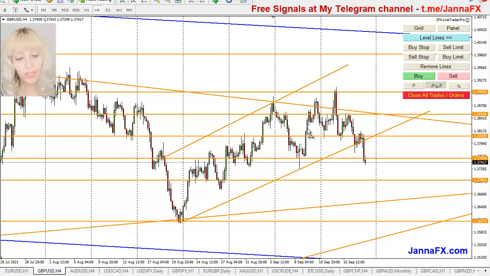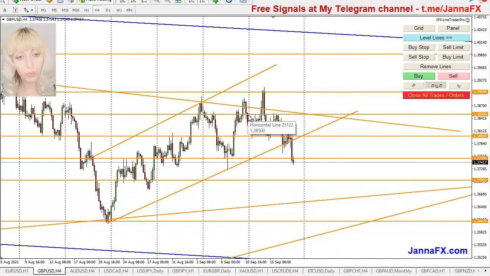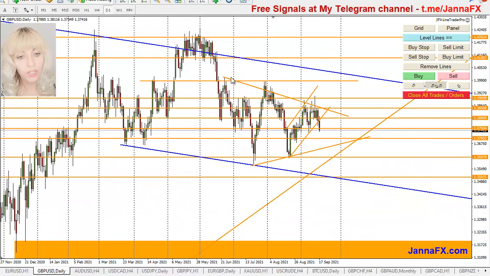Pound dollar, that's the way I was telling you, it was a little bit confusing, right? Because we were still kind of in an uptrend, at the same time, the level was also pointing down. As you would look on the daily chart I was showing you, it was a little bit on the edge of up and down movements, and that's what I was telling you, be careful, it could be an expectation of anything.